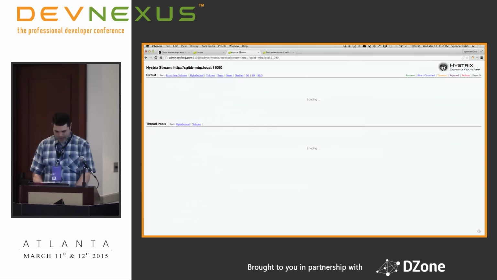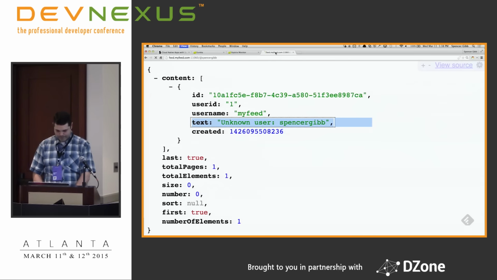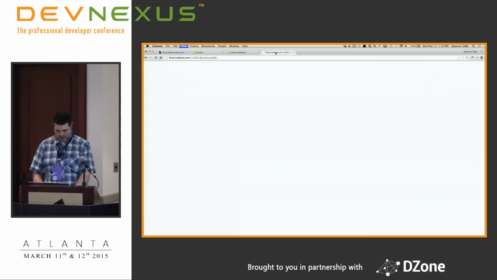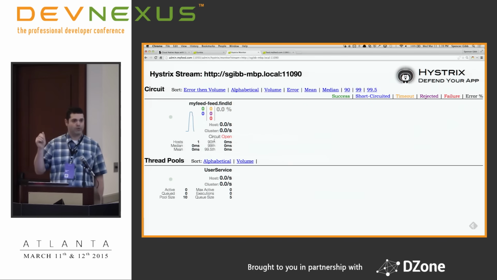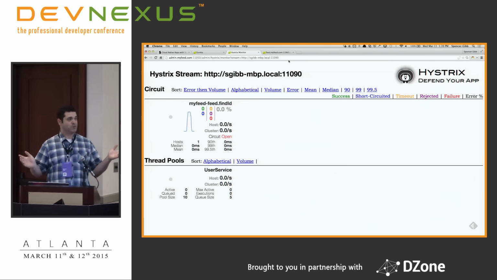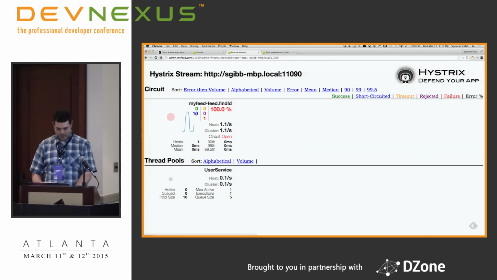So if I come back to this monitor, we now have data. If I hit this enough, you'll see that it's registered a bunch of errors and that the circuit is now open, right? Just like a circuit breaker in your home, it's open, there's no electricity. So at this point, if I come back and hit this some more,